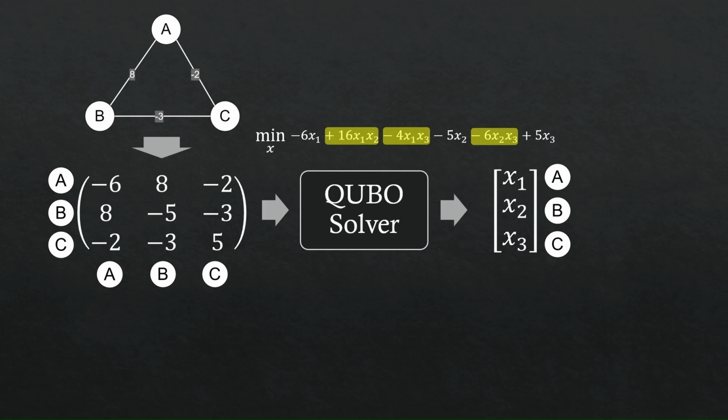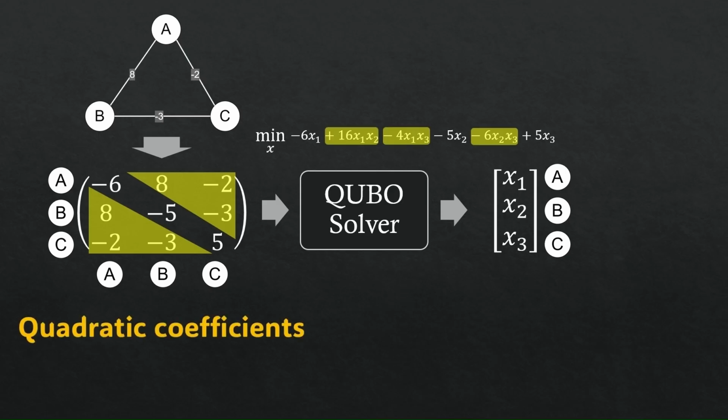Similarly, with the quadratic terms, I mean those terms which have two binary variables, highlighted here. Check this first quadratic term in x1 and x2. x1 corresponds to A and x2 corresponds to B, and half of 16 is 8, which is placed in this position. We know that the QUBO matrix is symmetric, or in other words, since x1x2 is equivalent to x2x1, the same applies to this element in the row corresponding to B and the column corresponding to A. The same logic applies to this term in x1, x3 and this term in x2, x3. So the point here is, all these non-diagonal elements are derived from the coefficients of quadratic terms, hence they are